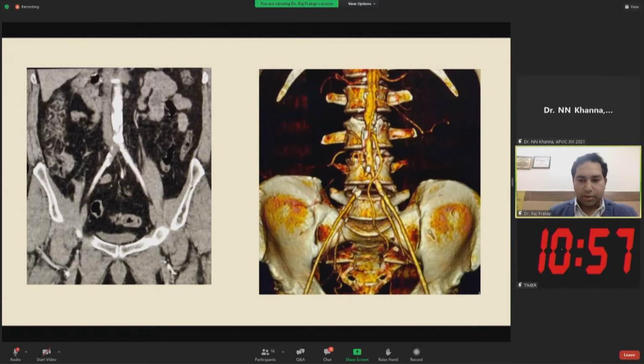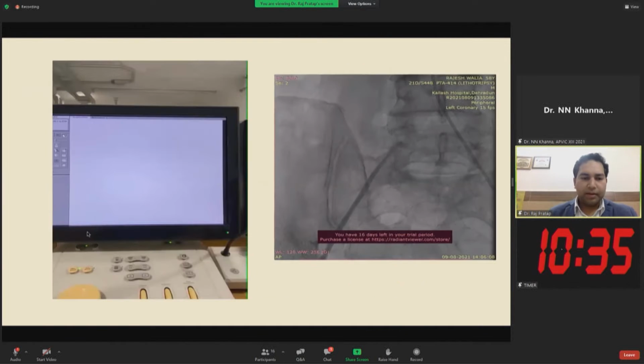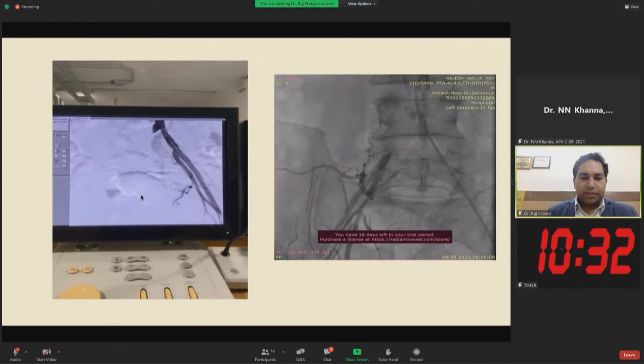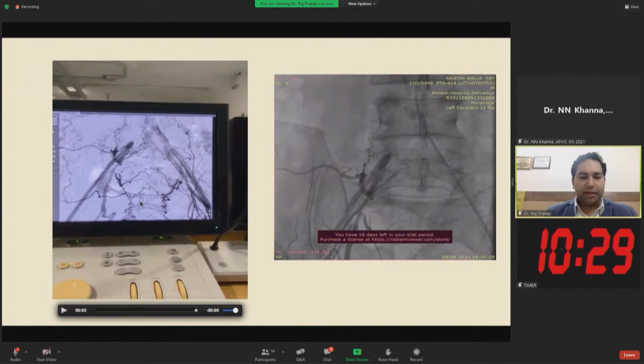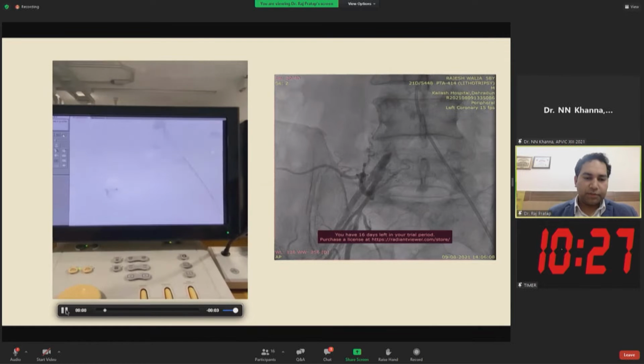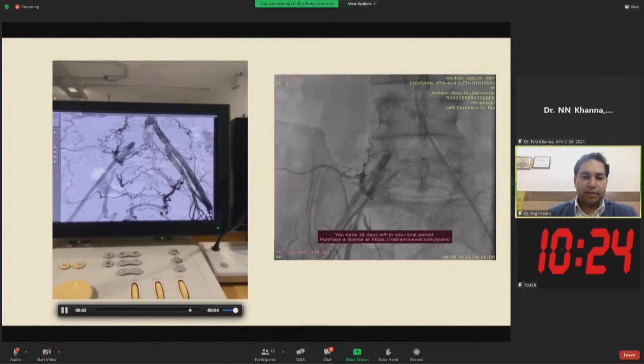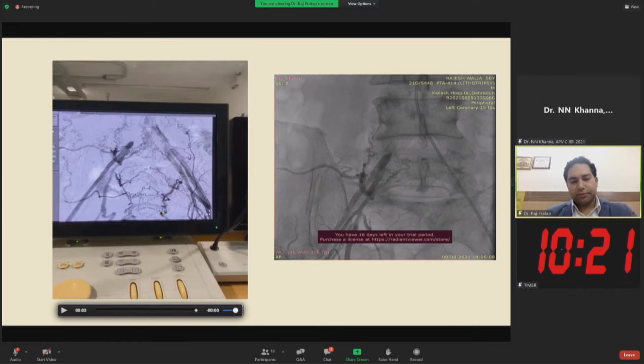As you can see, there are huge chunks of calcium at the aortic bifurcation site and the common iliac site also. The external iliac is being reformed through collaterals from the left side. So we took up this patient for PTA. This is when we took up this patient for angiogram. You can see there were multiple collaterals filling up this vessel retrogradely.